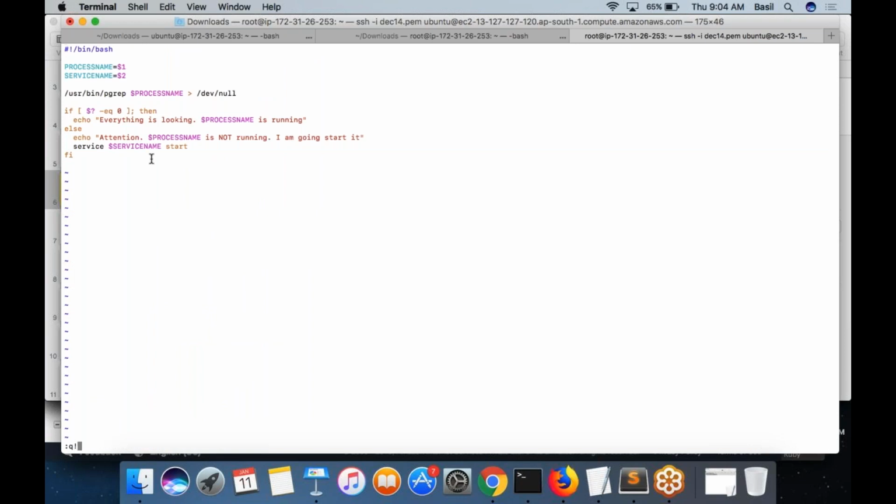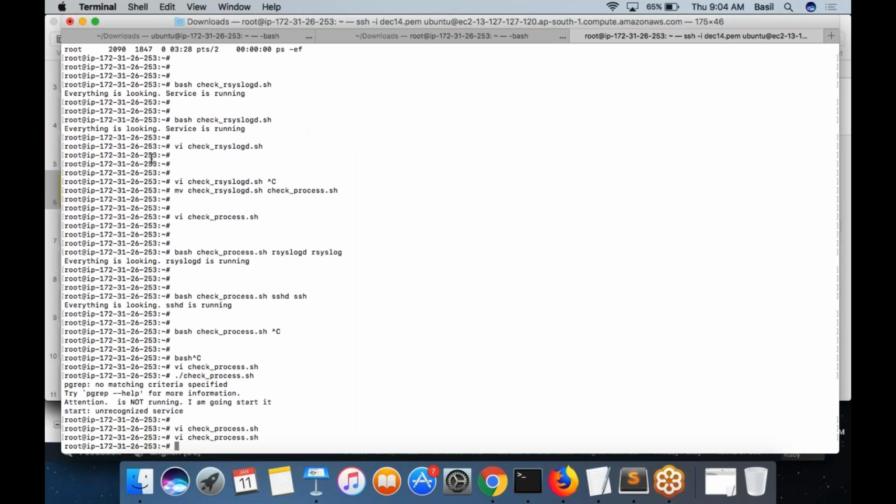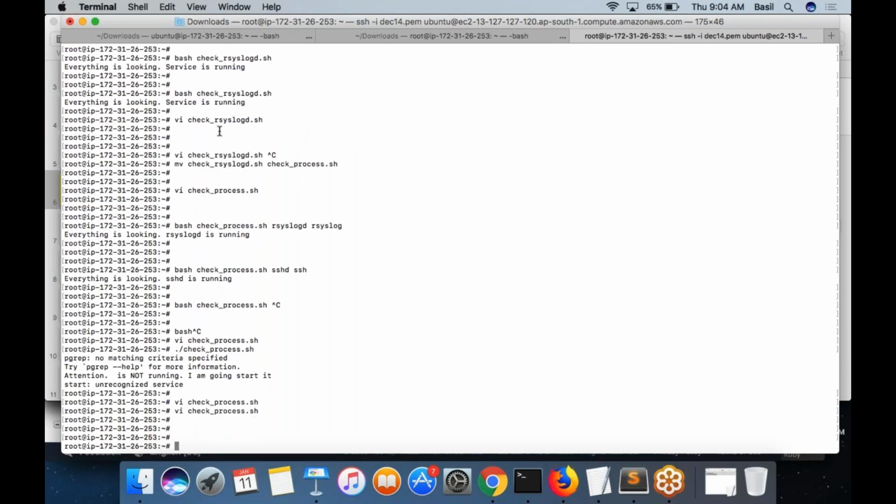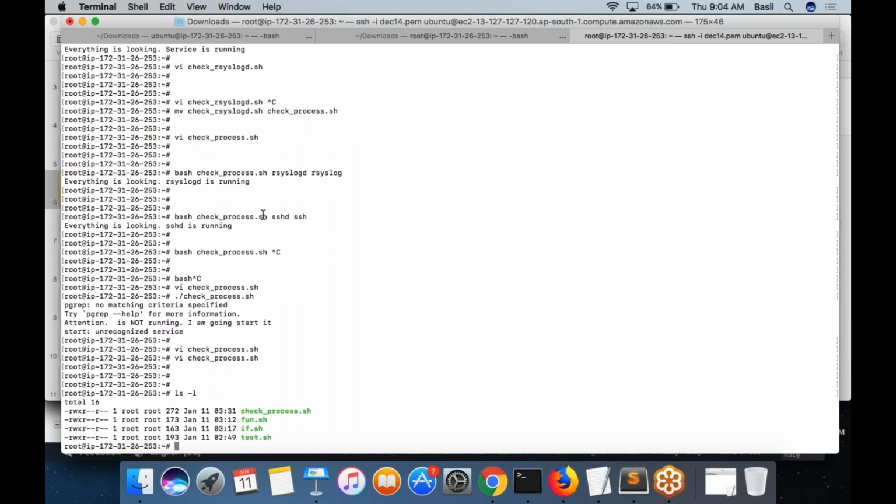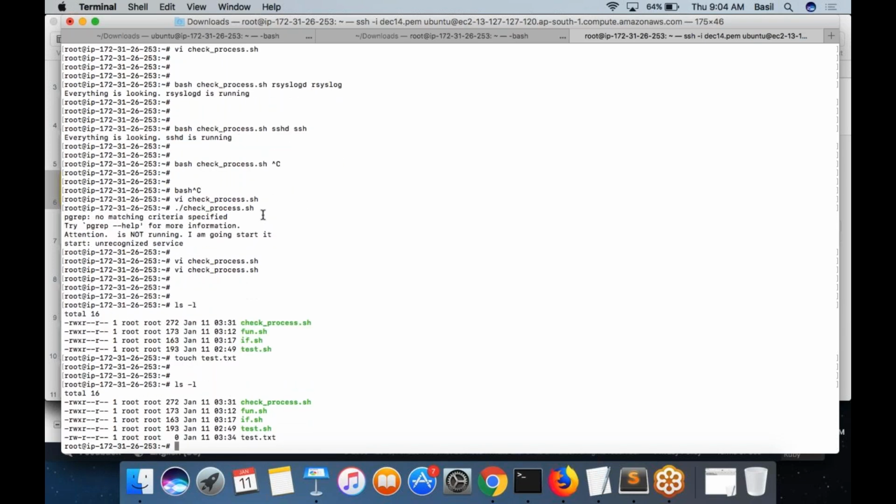And one more thing, you log in as a root user. So why again do we need to give the permission? Because the root user can execute all commands, correct? Why again chmod 744? Even the root user will not get the executable permission by default. You have to manually give it. Let's say I'm going to create a new file. Touch test.txt. You run the command ls -l. The root user will not have executable permission on the file. Only read and write. By default, there won't be execute permission. You need to give it.